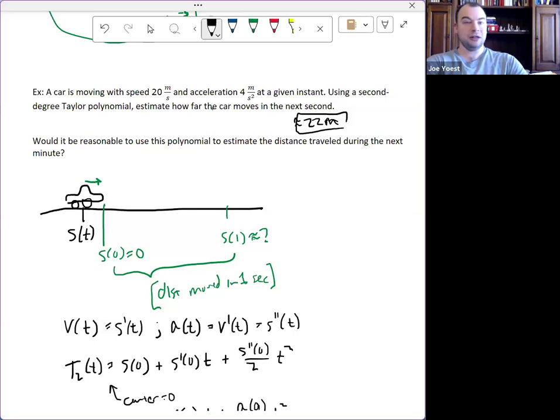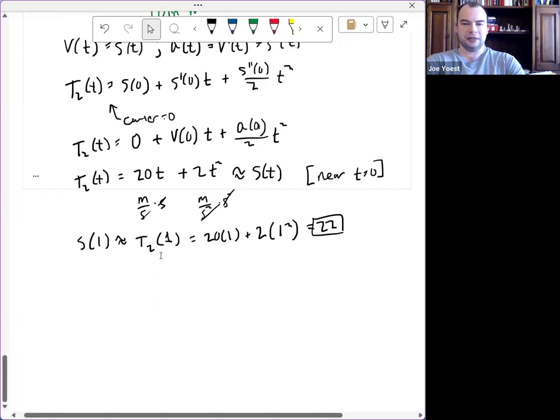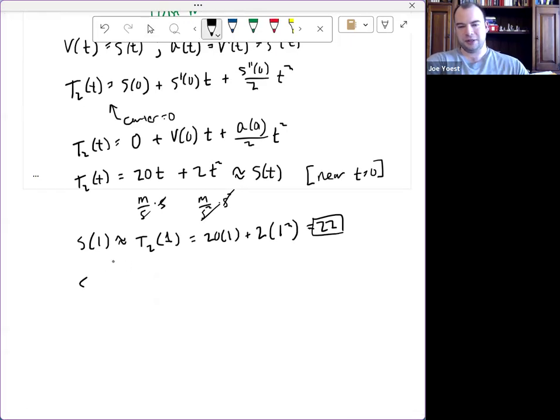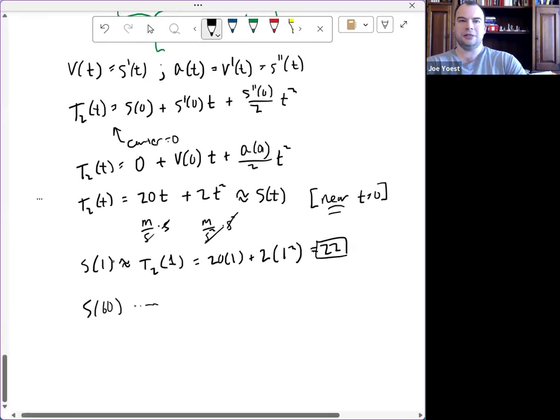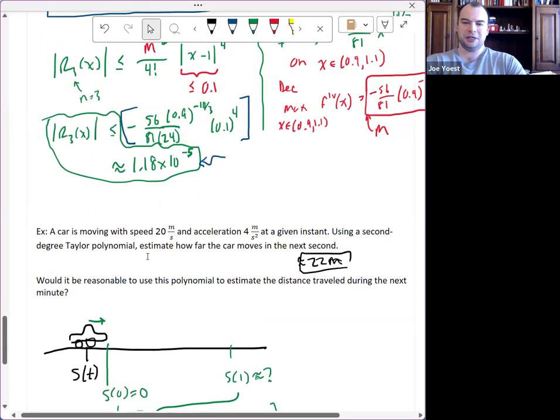Now the follow-up question, can I just do this for any input that I want? Can I just figure out what is S of 60 and go from there? Probably not, right? Near t equals 0. I mean, I suppose we could do Taylor's theorem with remainder, figure out what the upper bound on the remainder is, go through all of those details. But I think we can kind of see that, well,